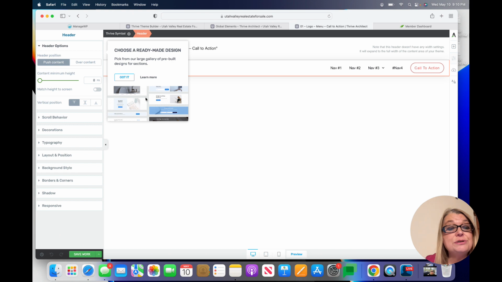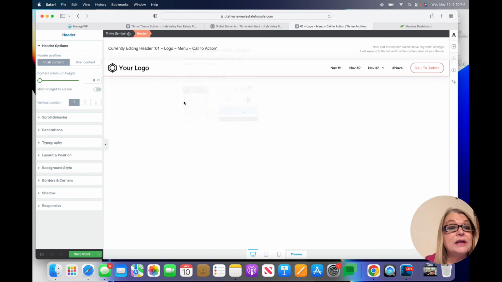So it says I can choose a ready-made design, which is really cool. So I can choose one of these from the theme. And what does this one look like? I'm not sure. Oh, I just say got it. Okay. And here is your menu. So I can create my menu here and my call to action, whatever I want, right? And this one will expand to the full width of whatever theme we're working with. And then I'm going to put my logo there. I don't have my logo yet, so it's one of the things on my list to do. I have it, and it's not on this computer, but I will upload it here,